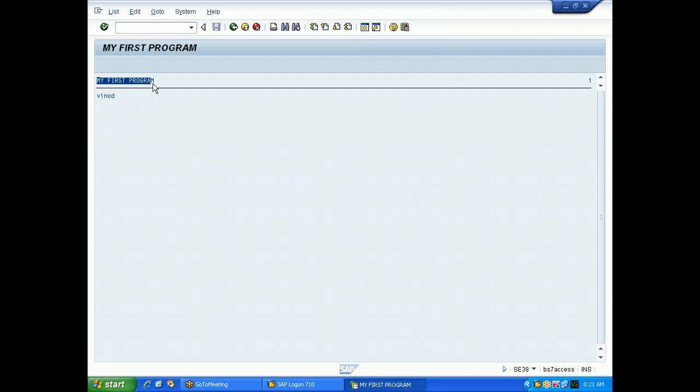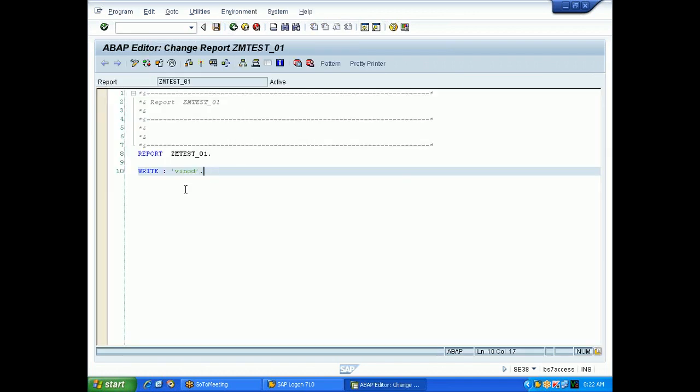See, my first program is the title of the program. Here if you observe on your right hand side, this is the page number. And if you observe, there is an underline below this. And after that Vinod is printing. So by default these things will come.